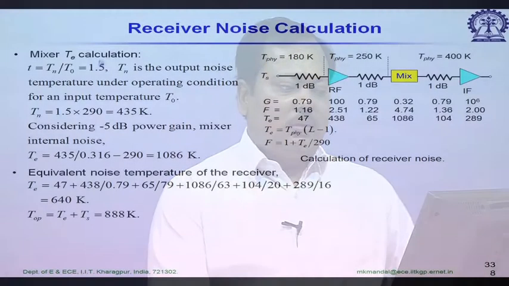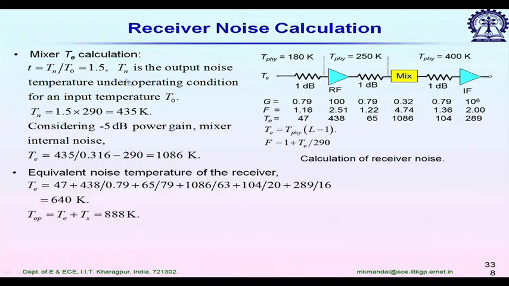Okay, so we are continuing with the calculation. Now the second stage, starting from the circulator. The main problem comes from the mixer. For the mixer, the T value is given, that is the temperature ratio 1.5. Now the output noise temperature under operating condition for an input temperature T naught is given as Tn